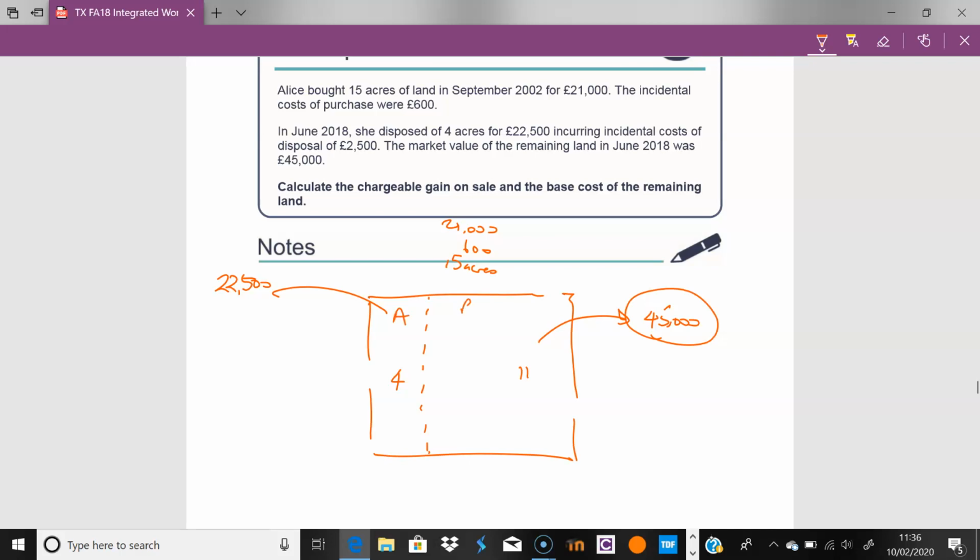I'm just going to call this A and B. I want to do proceeds minus cost, right? I have the proceeds, 22,500. The question is, what is the cost of this piece of land? Intuitively, you might want to say 4 divided by 15 times 21,000, or times 21,600. But we don't use acres. We use the value because we don't know what's on the land, and land is really about value. So therefore, the cost of this land is